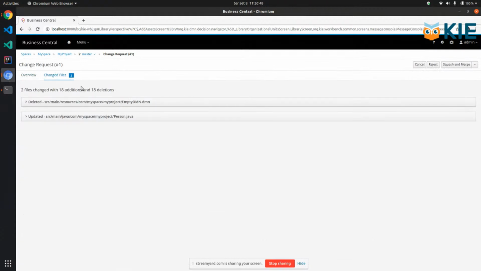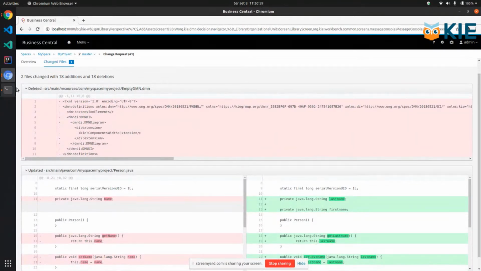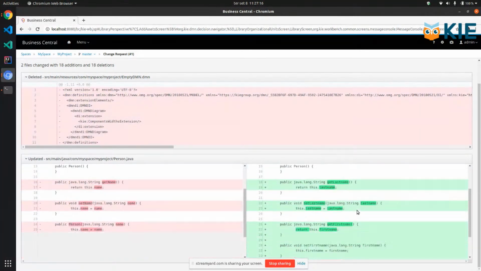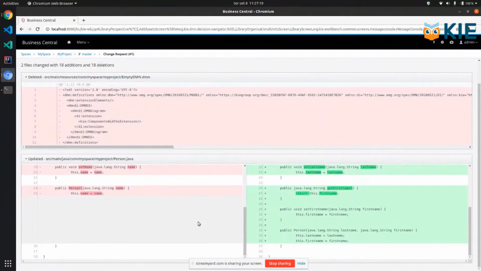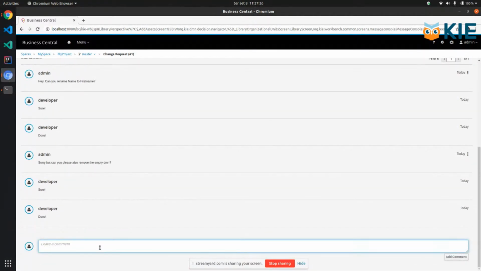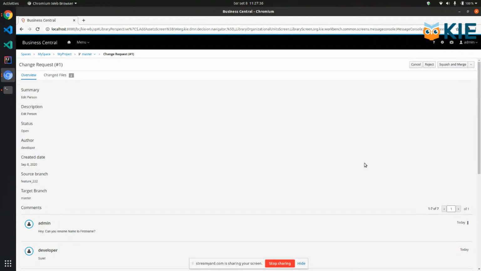Let's check the differences. Now you see here that I have two changed files, and you can see here that the DMN is deleted. In the case of deletion or addition, you would see only one panel, not two, because the deletion is simply removing everything, and the addition is simply adding everything. Okay. So as a reviewer, you can check here, everything is done, everything is all right, and then you can say something. I don't know, thanks, approving. And then once everything is done,